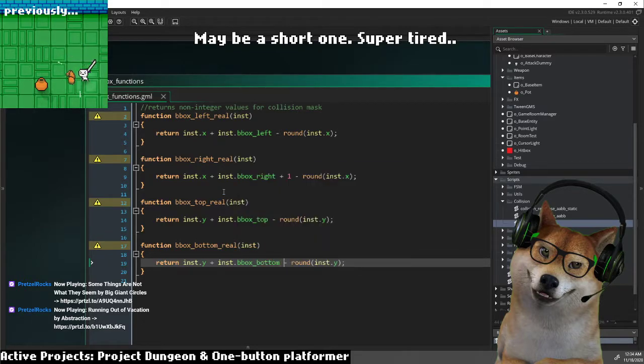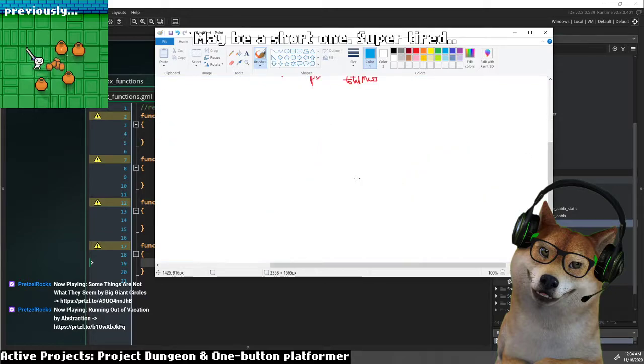Bottom plus 1. So the plus 1, oh, where's my pen again? The plus 1, let me see. So suppose